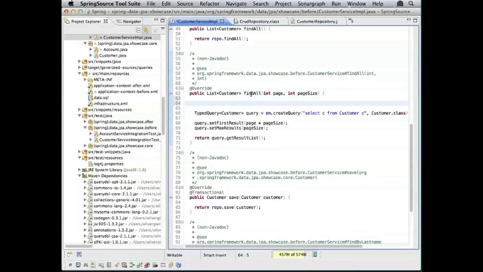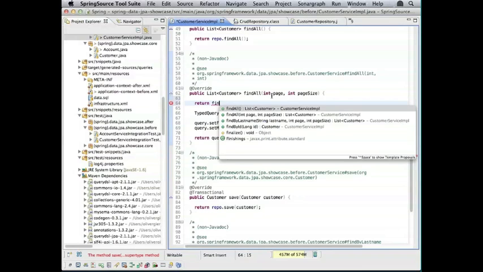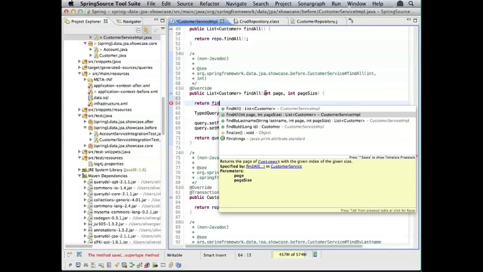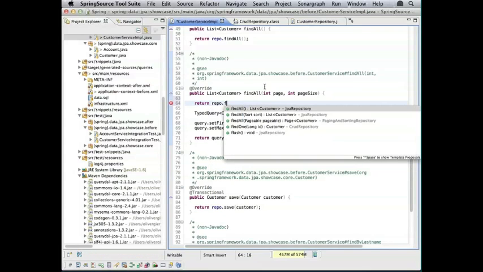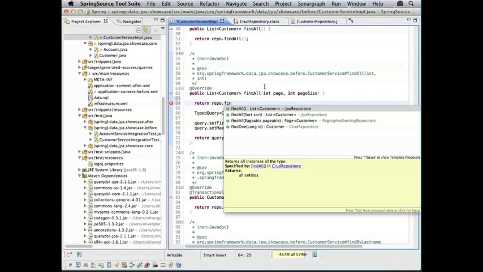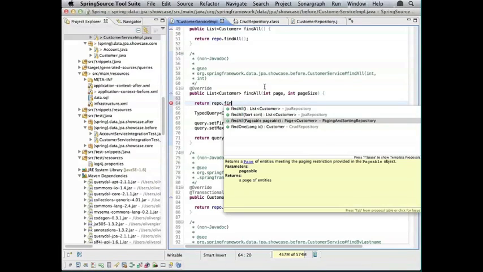What we have here is a Pageable interface, which we can use. So you have a findAll method taking a